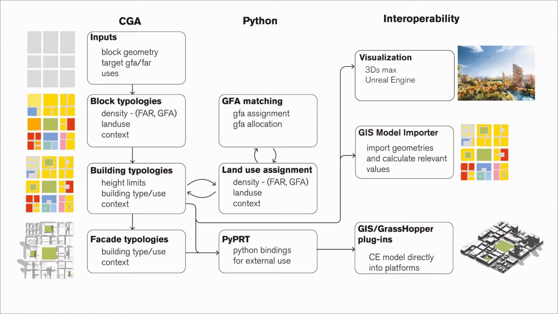And in this stage is where we usually refine the master plan vision. We test different design options, and once we've arrived at something that matches what we want to achieve, we can then detail those geometries with some facade typologies that we have developed that adds details on the roofing as well as in the facades of the buildings by subdividing, creating glazing, adding floor slabs, and so on.